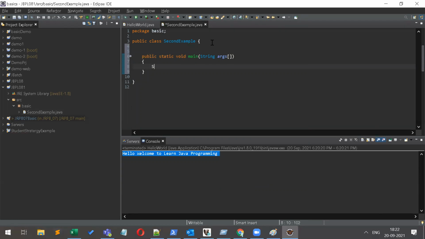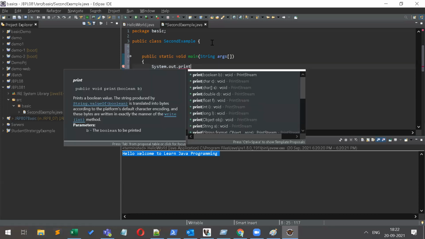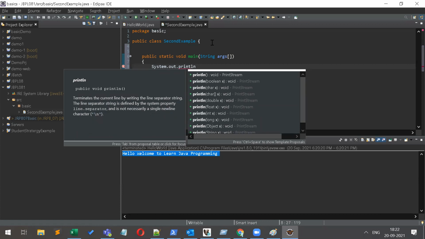You have to write System.out.println here. Why do we use System.out.println? Because if I want to print something on the console, I need to write System.out.println.